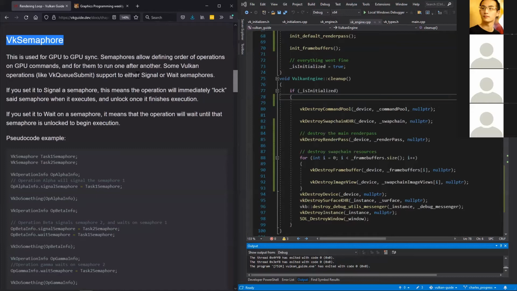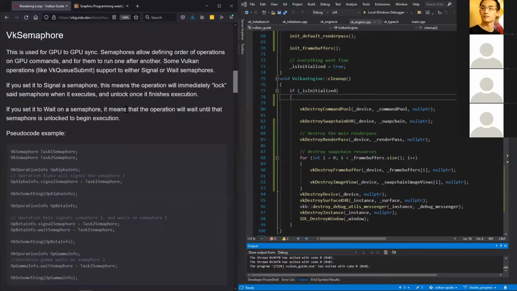You have to use it in one queue submit as a signal and another queue submit as a wait. It's a bit like describing the flow graph ahead of time. So you can kind of imagine it like a tree where we have these two semaphores here, and we have some